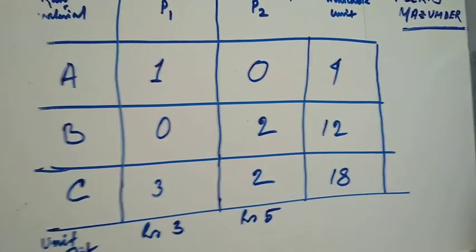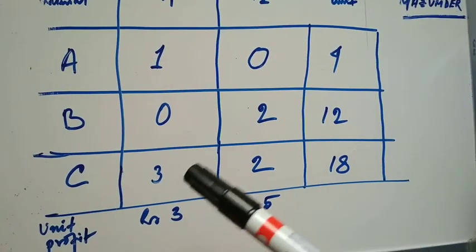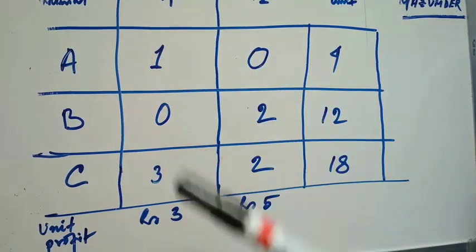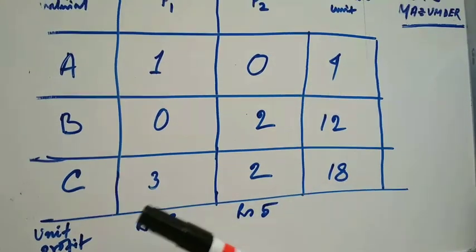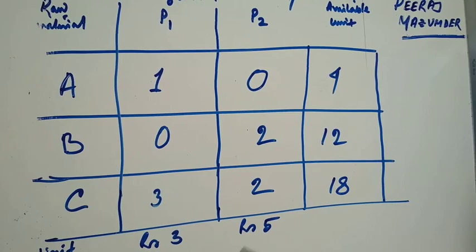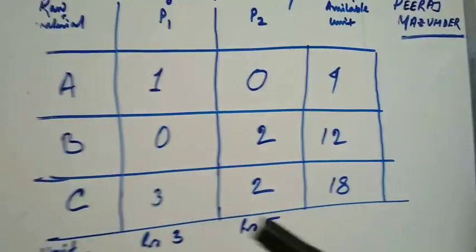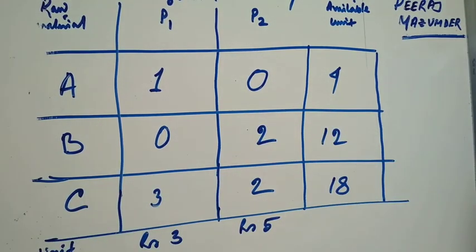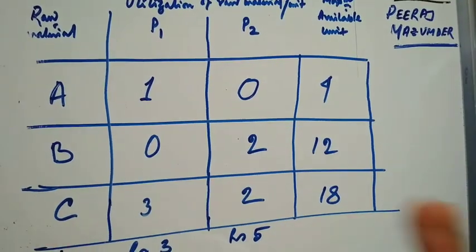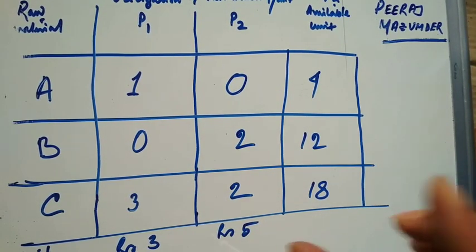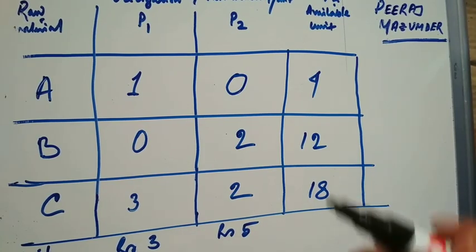Now coming to the profit, it says for per unit production of P1 you are getting ₹3 as profit. And for per unit production of P2 you are getting 5. Now they have asked you to find the number of P1 and P2 to be manufactured so as to maximize the total profit. The first step in the LPP is that you have to formulate it, you have to make the equations. That is the formulation of LPP. So let us start with formulation.